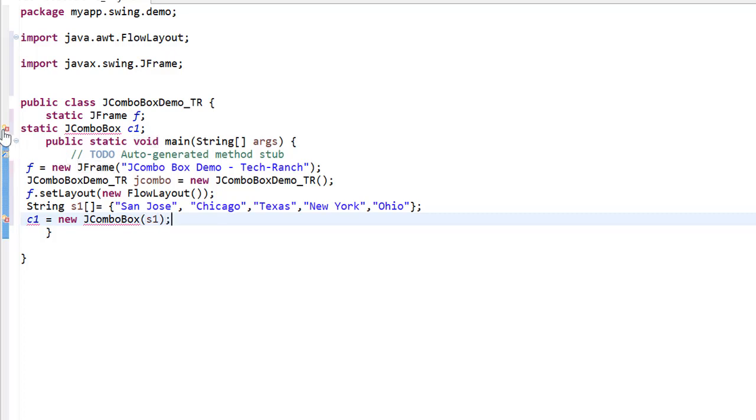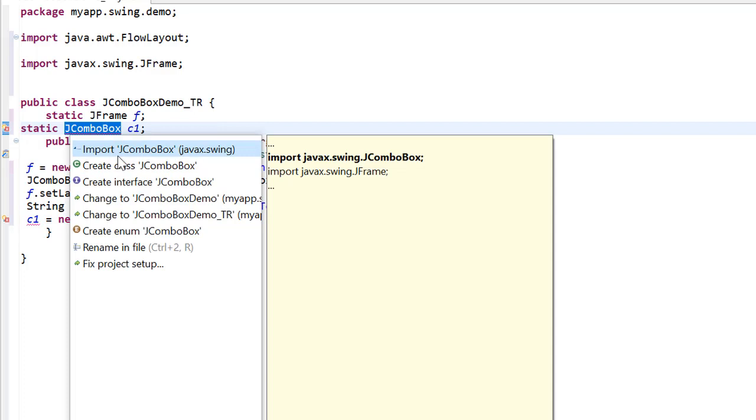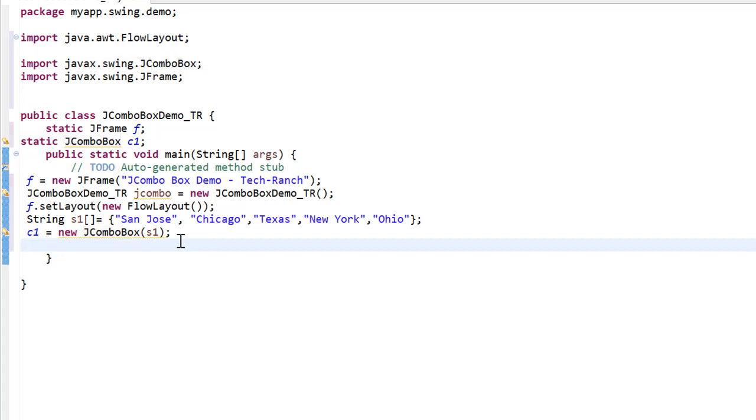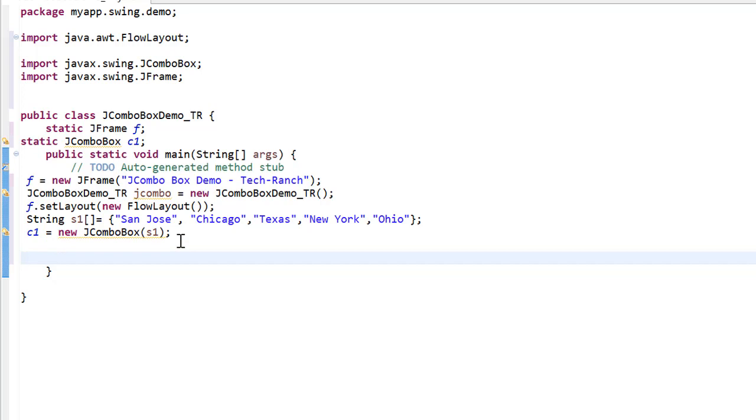Now it's showing some error. The reason is we need to include the swing package. Now it is done. So once we created a frame, we created a combo box. Next, we need to get the text field, and the same way we create a static